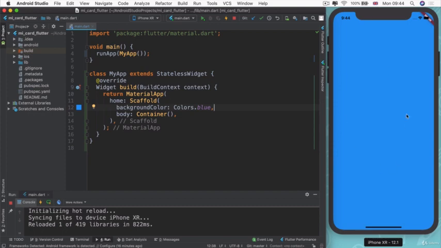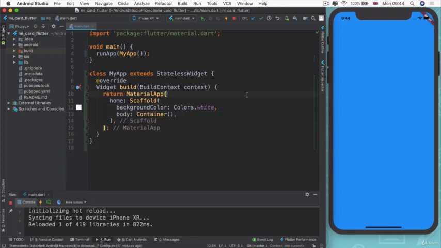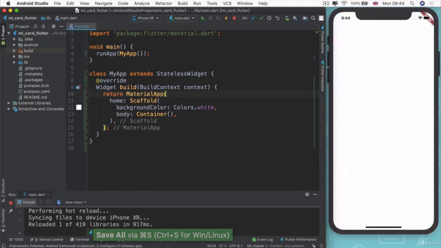This is why it can be so fast. And remember that you don't actually have to click on this button. By default, Flutter's hot reload is hardwired to happen when you save your project. So let's change the color again. Let's change it to white. And as soon as I hit Command S on Mac or Control S on Windows, and I save my project,